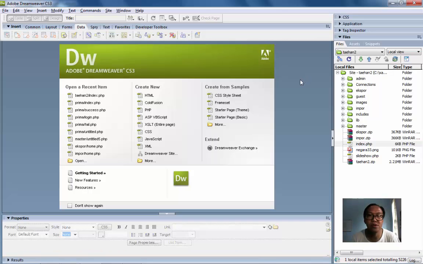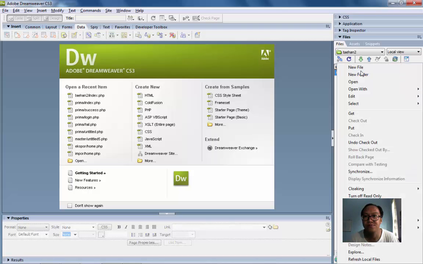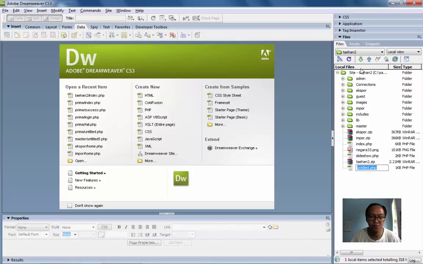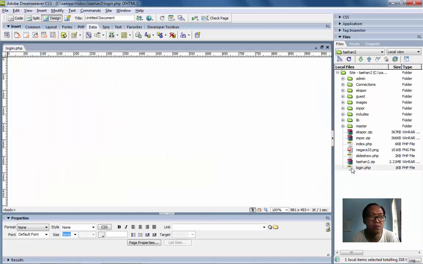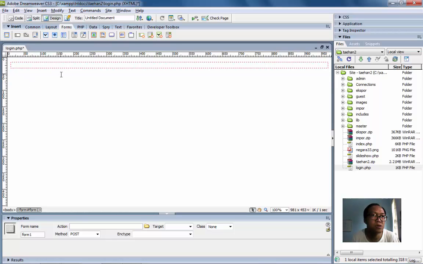Now after we install XAMPP as the server for your website, the first thing we have to do is create a new file for the login. We can use login.php here, double click it, and then create the form for the login.